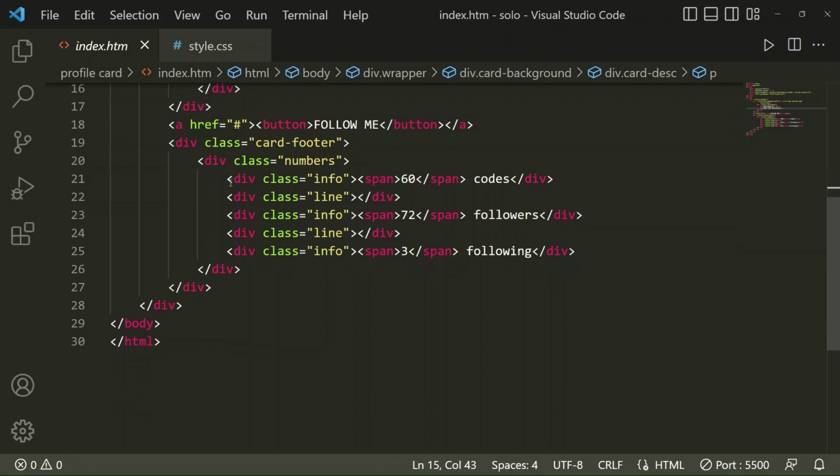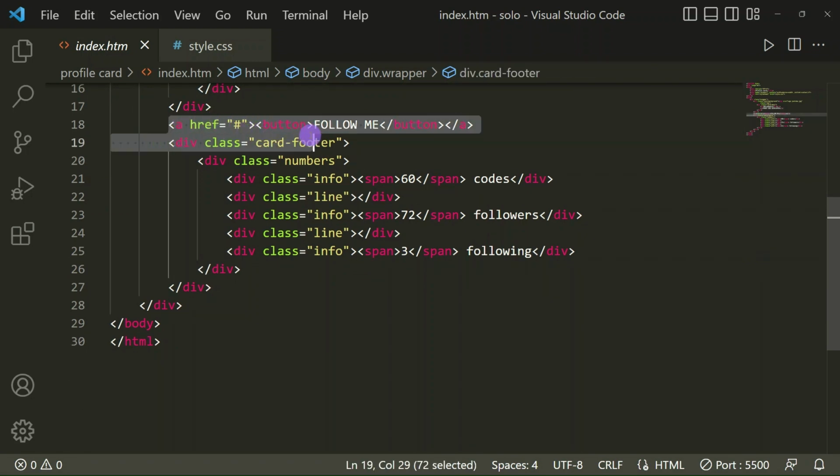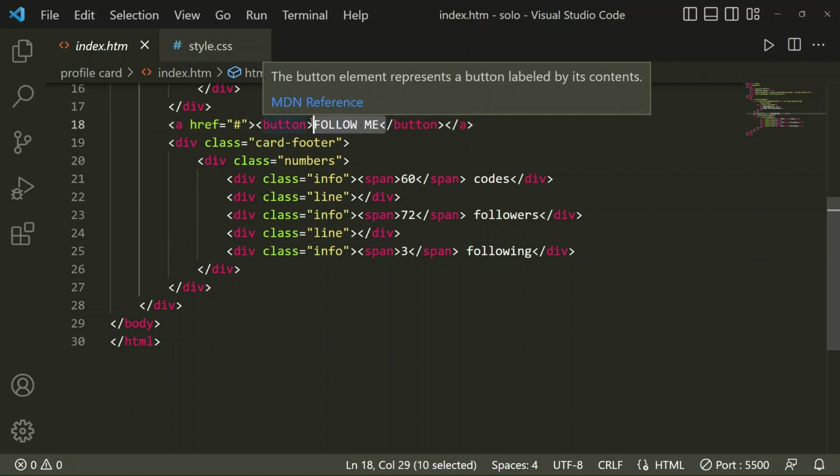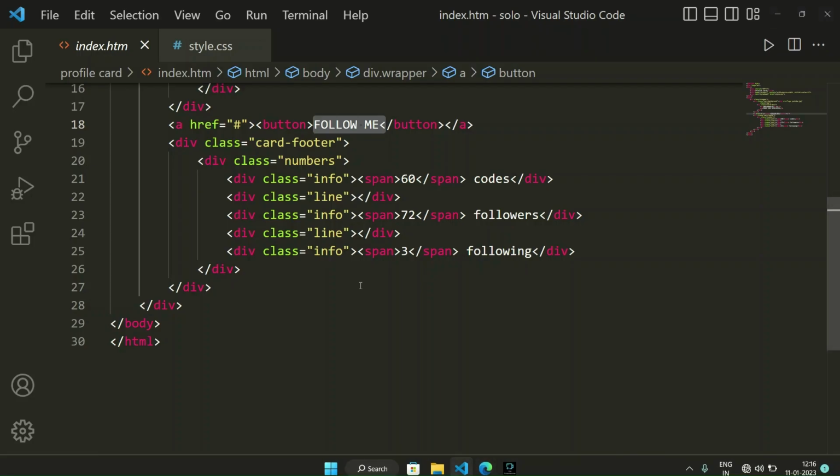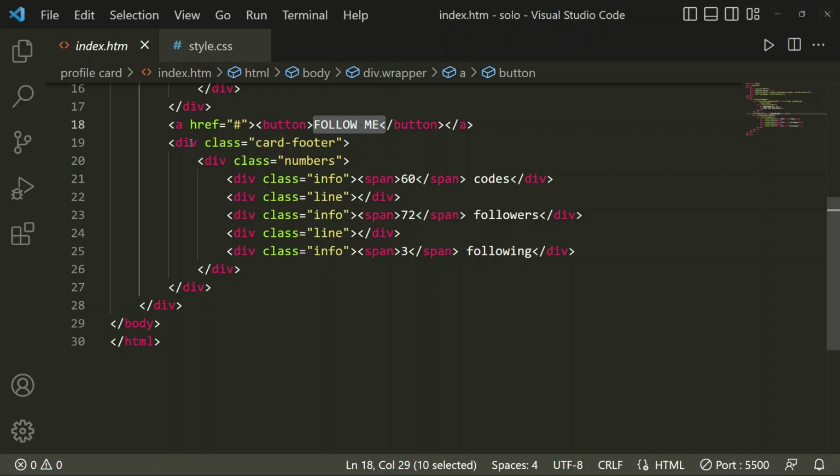So now out of these divs, we have taken one anchor tag, and in this I have taken one button where I have written follow me. You can see here follow me button. So for that, now we have taken one more div with class card footer, and in this card footer I